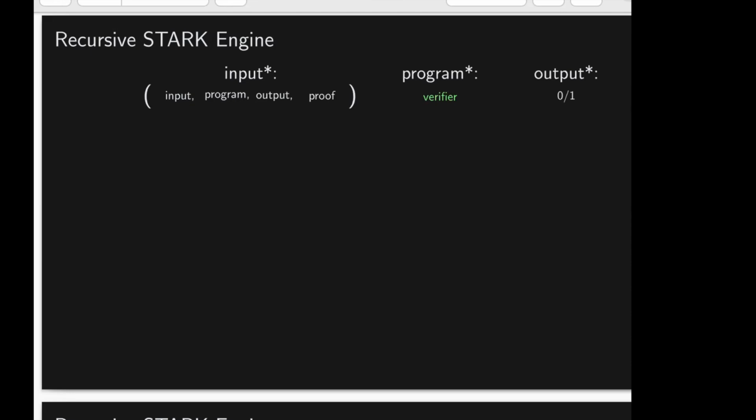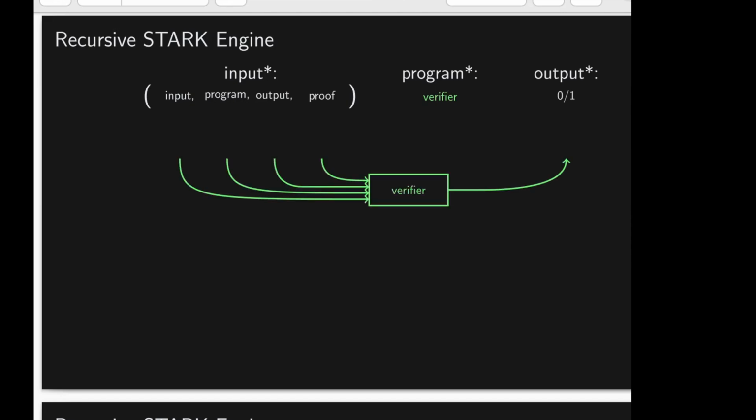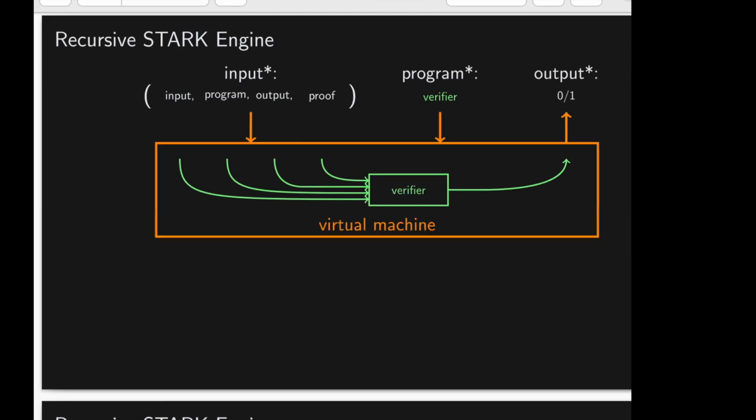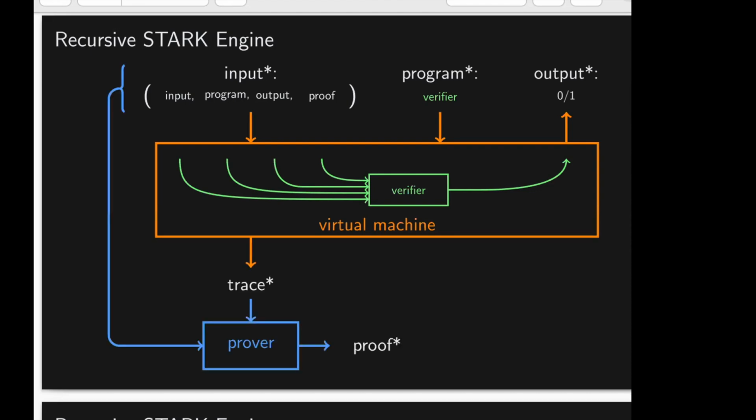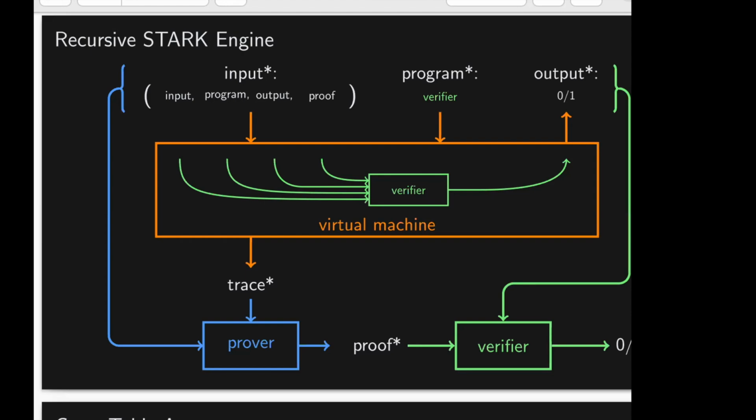And so we can make the same diagram that I made earlier, where I separate a computation into the prover and the verifier. The computation is whatever the verifier does. We put this into the virtual machine. The trace of this virtual machine execution goes to the prover, who produces a proof. And this proof goes into the verifier, who verifies the correct execution of the verifier as it was verifying some computation. This has tons of applications everywhere,